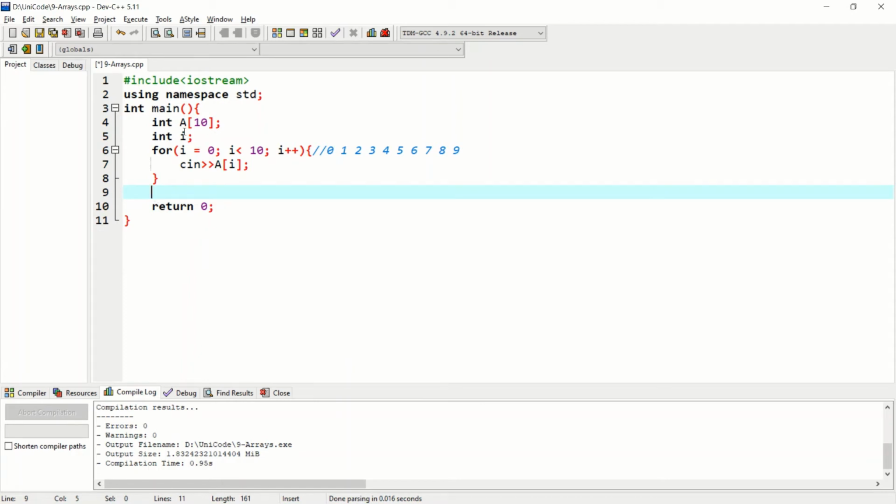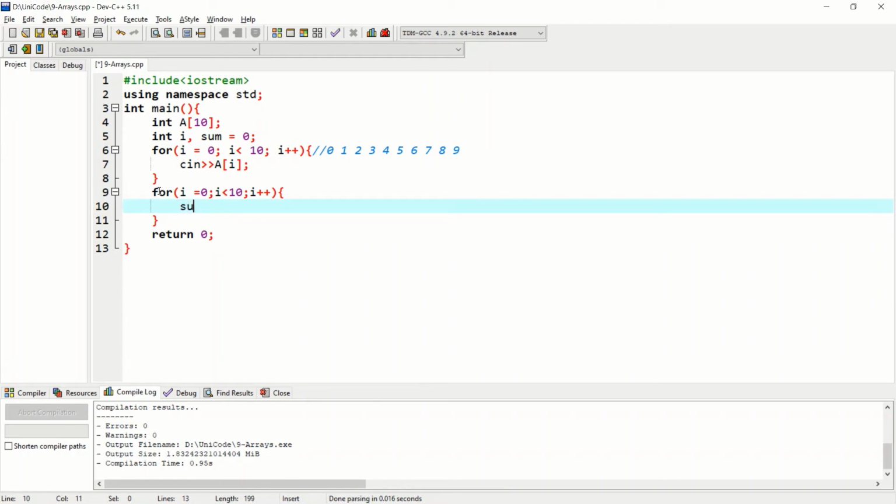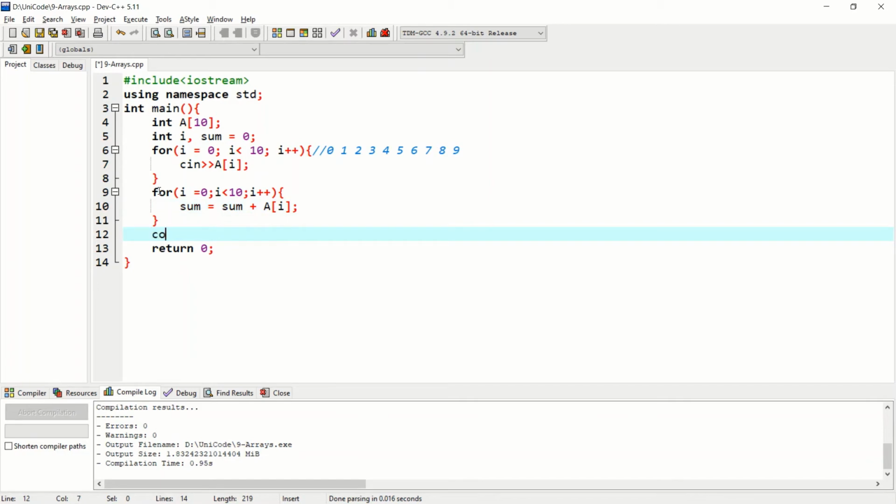Let's make another variable, sum equal to 0, and we can use a loop: for i equal to 0, i is less than 10, i plus plus, and sum equal to sum plus a[i]. Then we can give an output like cout the sum of all the numbers in the array is sum.